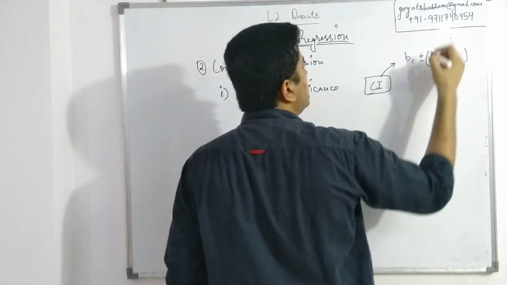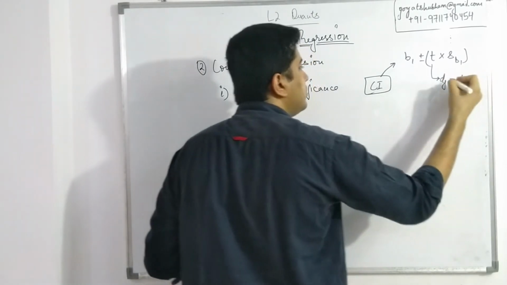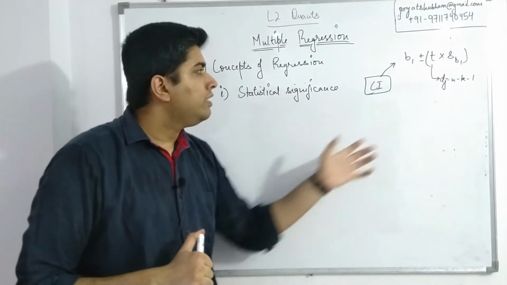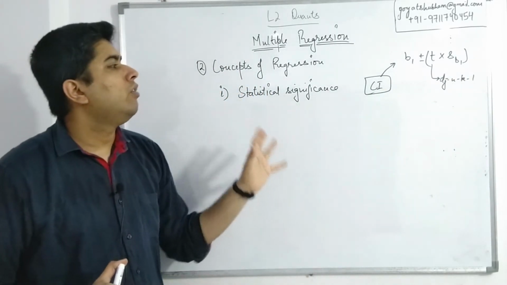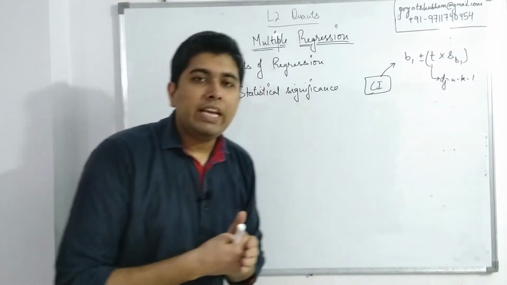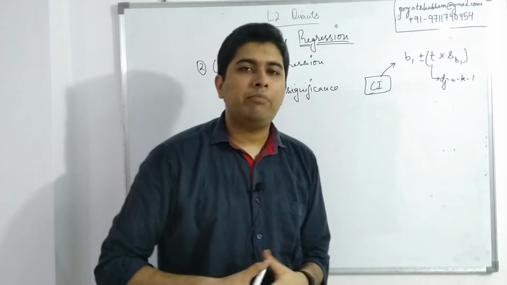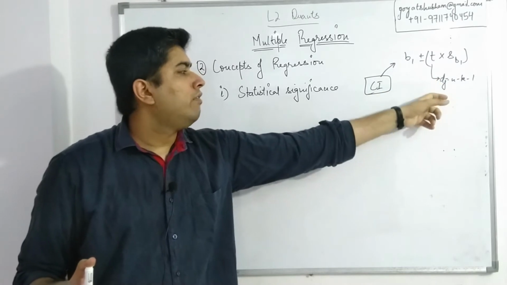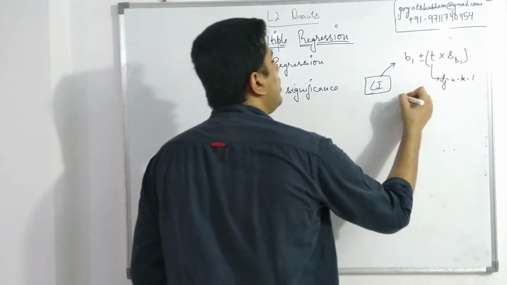So the other change is the T distribution will have degrees of freedom n minus k minus 1. In fact, T distribution in case of regression always is supposed to have n minus k minus 1 degrees of freedom. The reason why in linear regression we simply wrote it down as n minus 2 is because the value of k is 1. If you remember, k is the number of independent variables. So in linear regression, k was always 1, so degrees of freedom automatically became n minus 2. Otherwise, in reality, throughout regression, the T distribution would have degrees of freedom of n minus k minus 1. So your confidence interval, your test statistic,